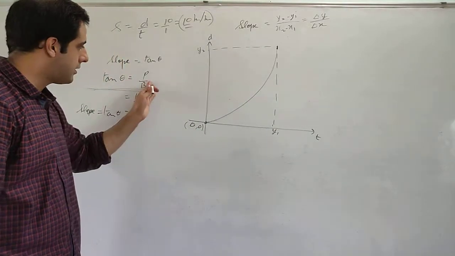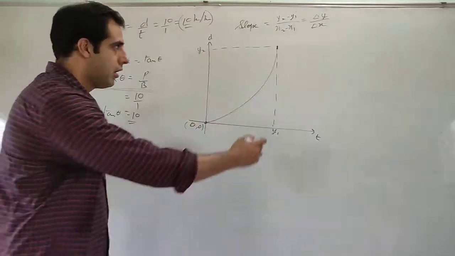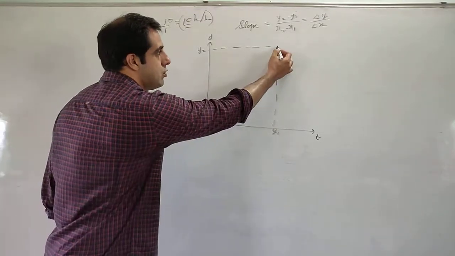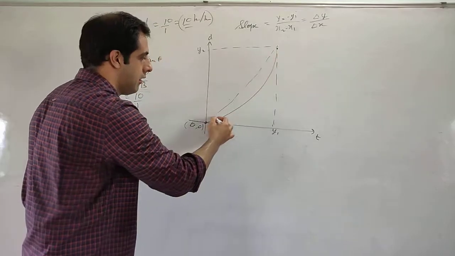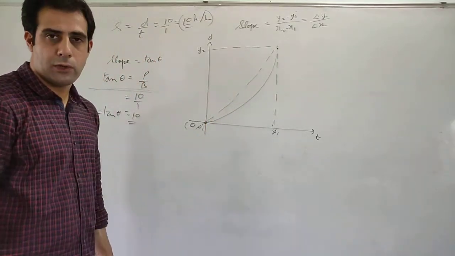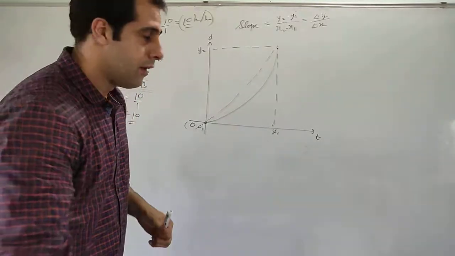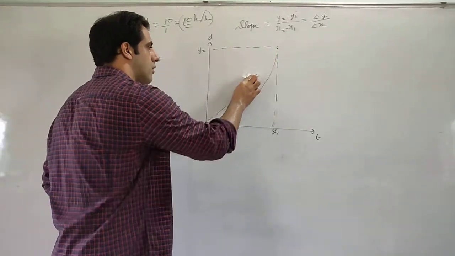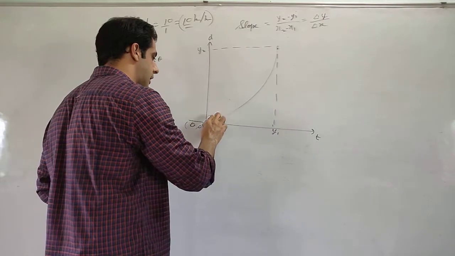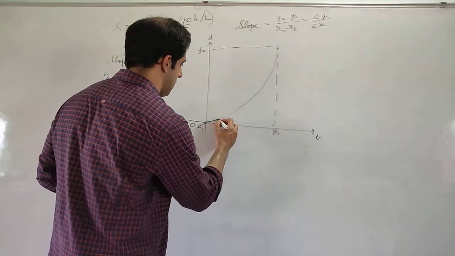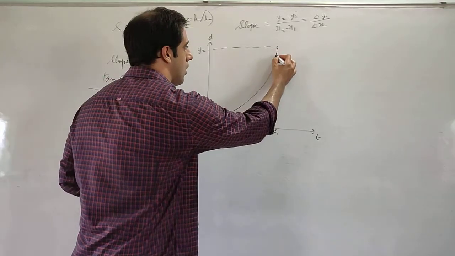For calculating tan theta, we need a right triangle. We do not have a hypotenuse. If I make a hypotenuse by joining these 2 points with a straight line, then it is not touching the actual path of the journey. It is not touching the curve. That means it will not give me a correct value. So what will we do now? Now we cannot find the actual speed of this graph.